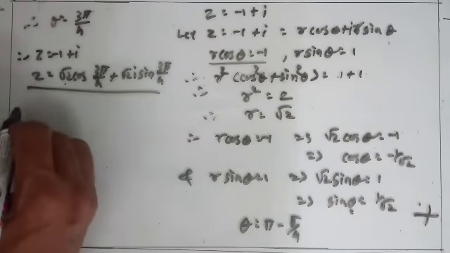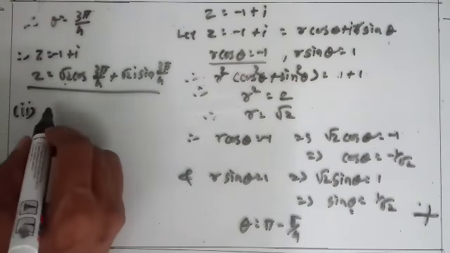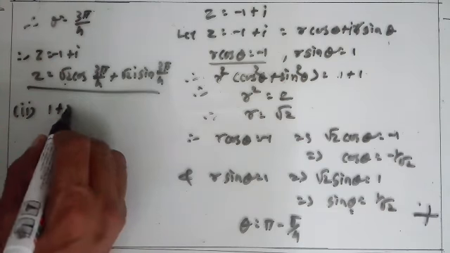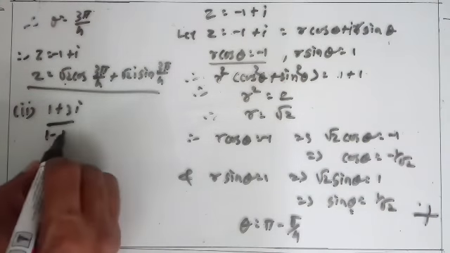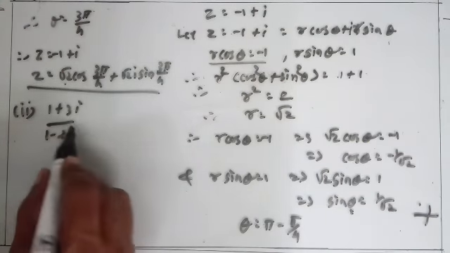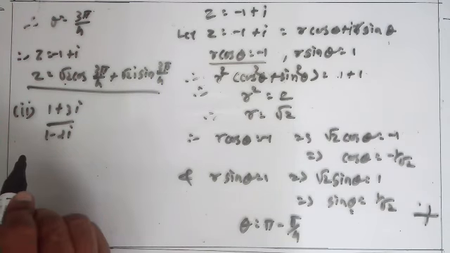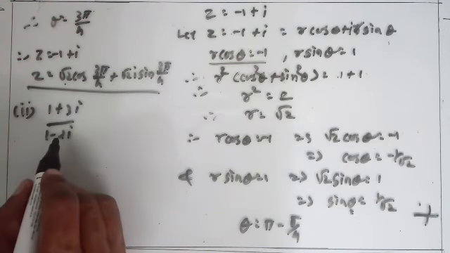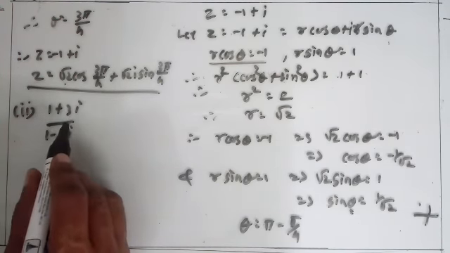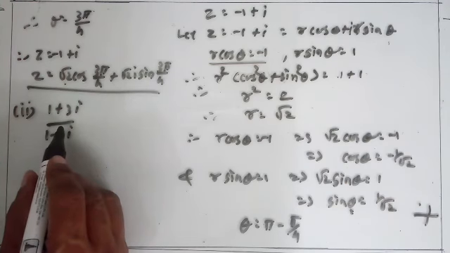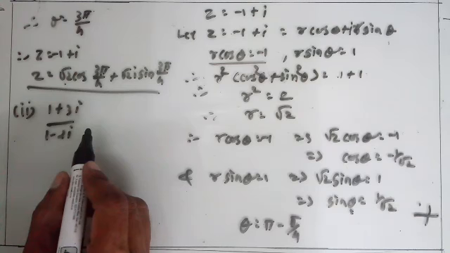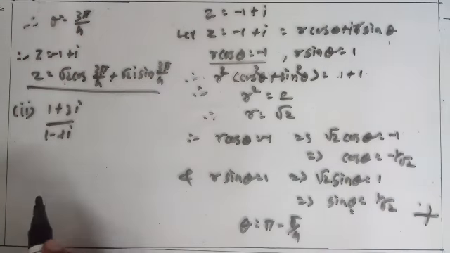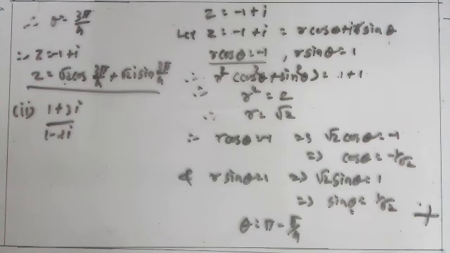Applying the same method, we are able to change the complex number 1 plus 3i upon 1 minus 2i into polar form. First multiply by the conjugate of 1 minus 2i in both numerator and denominator, change into standard form, and compare the given standard form with the polar form r cos theta plus i r sin theta to get the values of r and theta. Replacing r and theta in this polar form, we get the polar form of the given complex number. Clear?